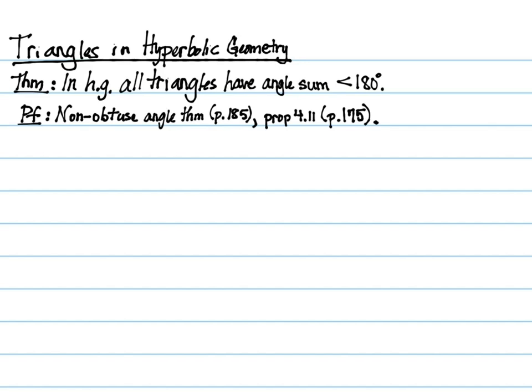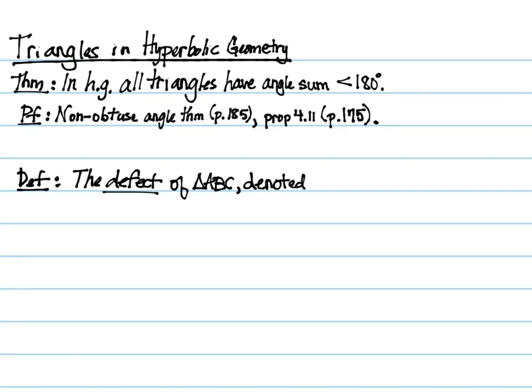So there's actually a definition that talks about how far off we are. And that statement is called the defect. So the defect, in essence, the how far off we are of our triangle, ABC, has a notation. It's denoted delta. So a delta looks like an S with a curl on the end. That's how I think it looks anyway. And it's this of ABC. So delta ABC. And it is defined to be